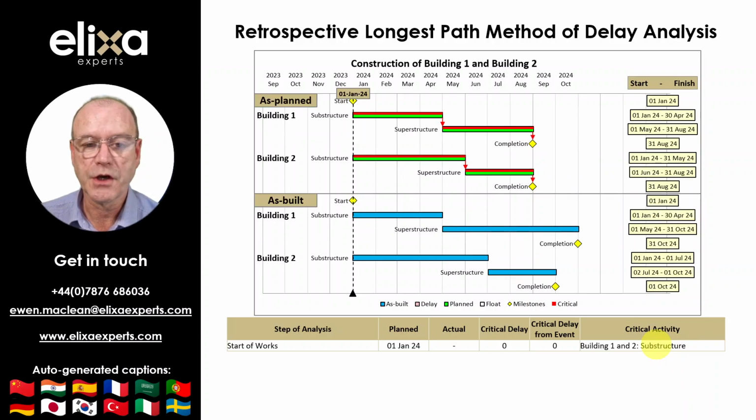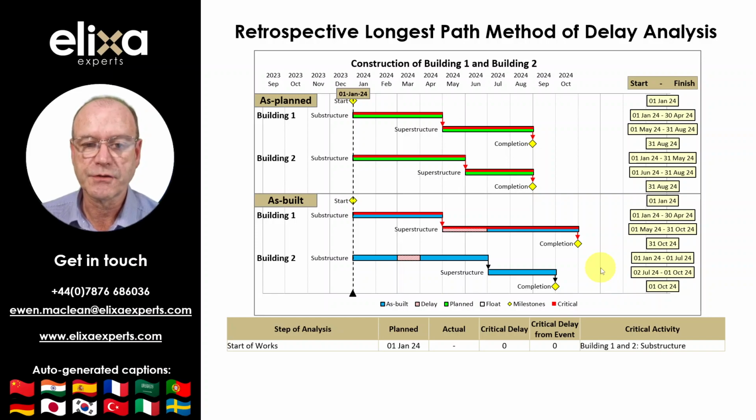In order to determine the as-built critical path, we need an as-built program, which I have plotted here, underneath the as-planned program. It is then necessary to identify the delays that occurred within the as-built program and add logic. Therefore, I have shown two delays that occurred, one from the 1st of May to the 30th of June, and one from the 1st of March to the 31st of March. The basic logic has also been added to each building between the substructure and superstructure and completion.